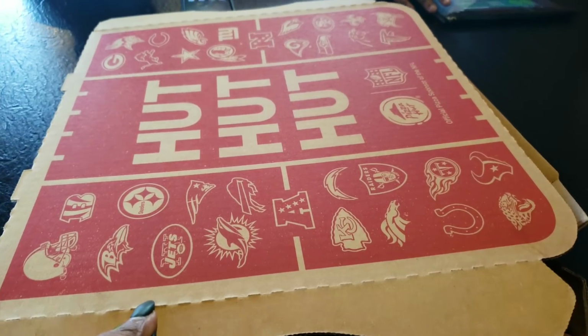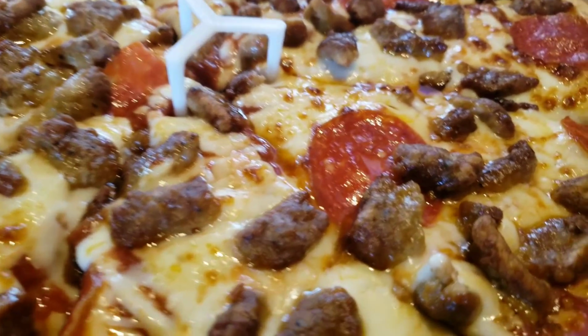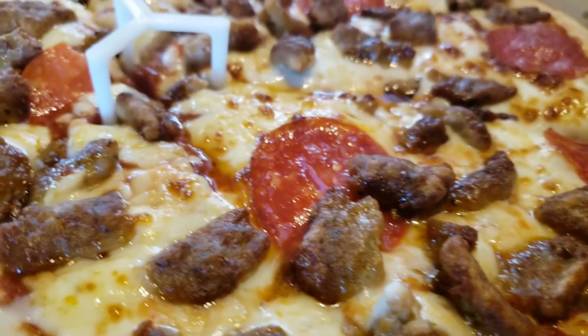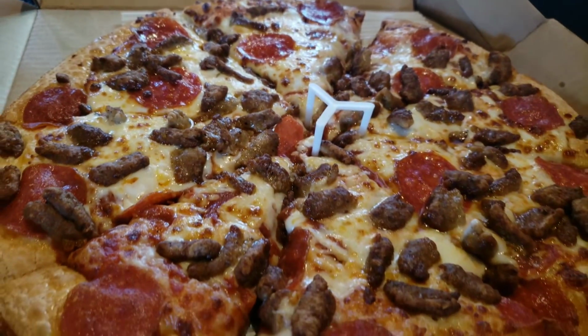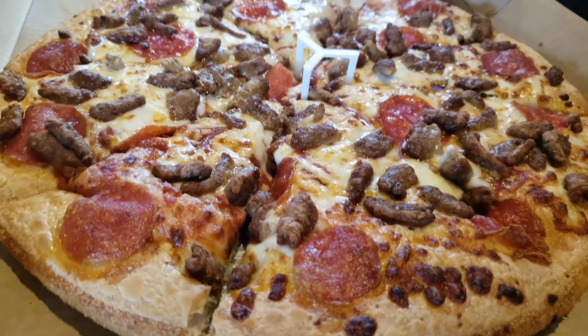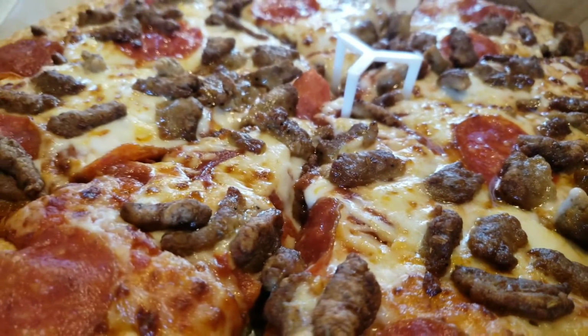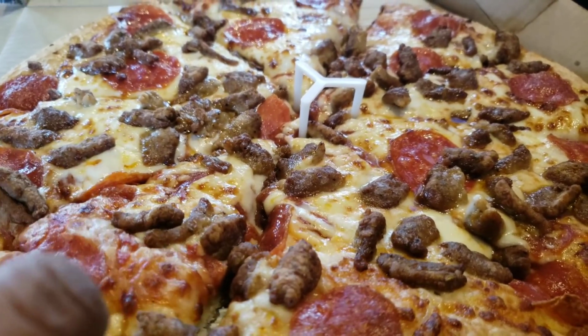Okay, so guess what just arrived? Ta-da! I am in a much better mood with the bubbly cheese and the pepperonis. I think I'll be okay, guys. I think I will be okay. I'll see you on the next couponing adventure, because after I eat this pizza, I think I will be able to live to coupon another